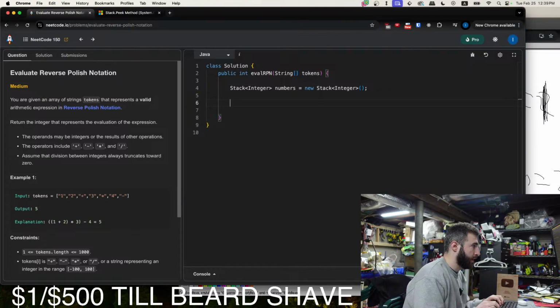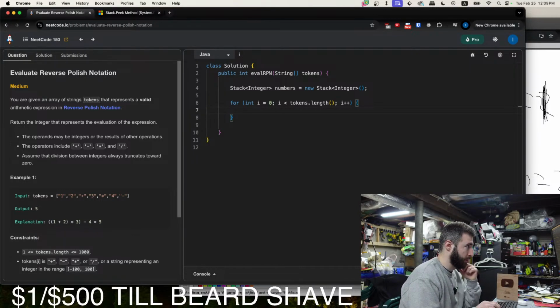So great. So now we'll have a for loop for int i equals 0, i is less than tokens.length, and then i plus plus. All right. So it is a string, so we need to do a parseInt, I'm pretty sure.